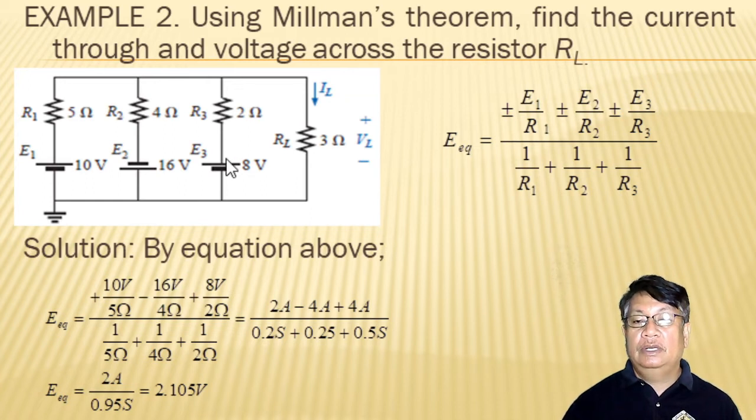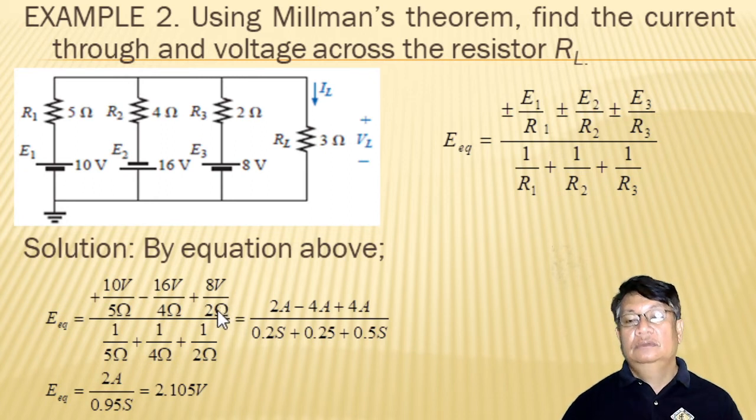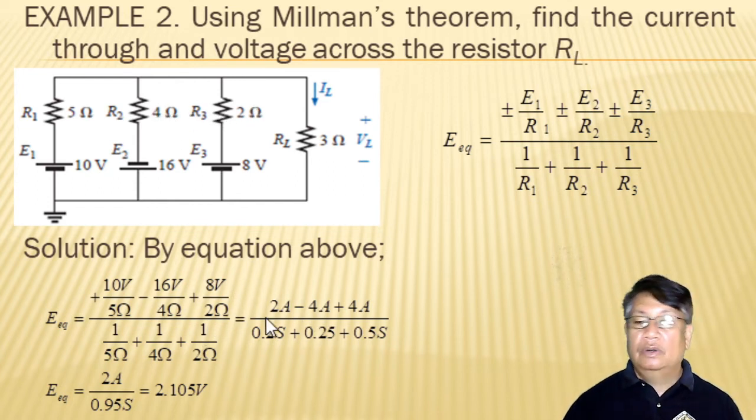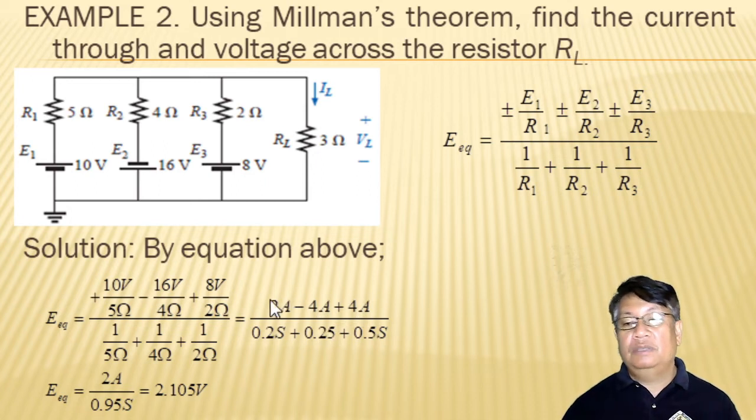Then for the third source, E sub 3, we have our voltage of 8 and our internal resistance of 2 ohms, and it is positive because the flow of the current here is from negative to positive. So our denominator is the sum of the reciprocals of the internal resistances. We have 1 over 5 ohms, then 1 over 4 ohms, and 1 over 2 ohms. So if you substitute all these things here and simplify,